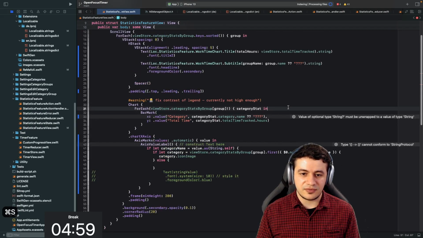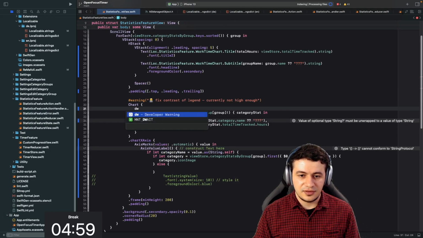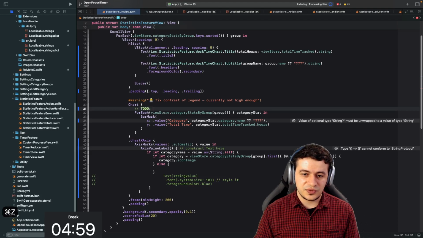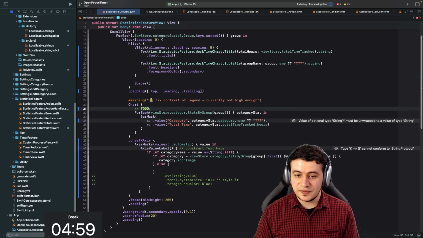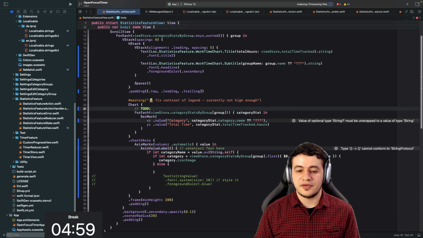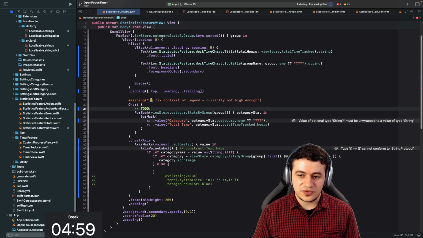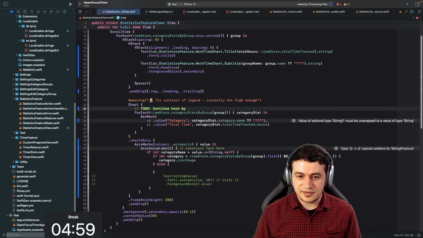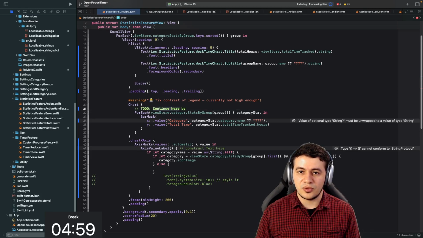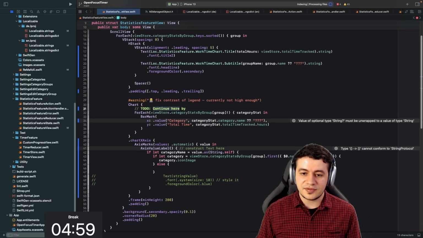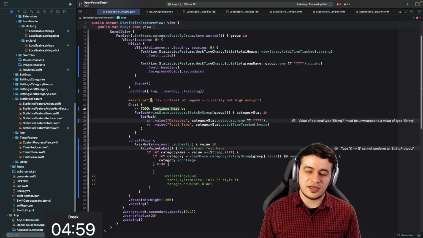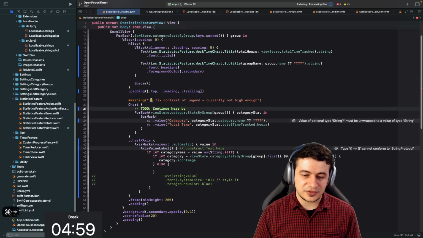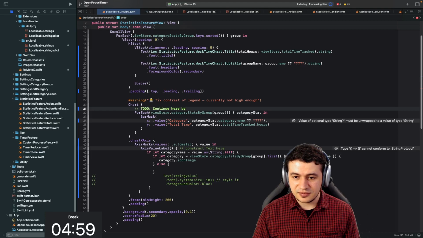Let me just write down here. Or let's do it as an actual TODO, because TODO comments we can't commit, as the linter will fail then. And we're just going to write continue by. That's like the keyword I'm also always using for myself when I have to stop working and continue later. I just write down my thought. Continue here, and then by